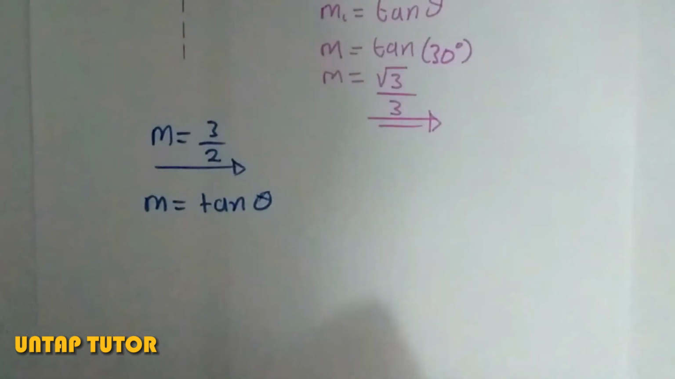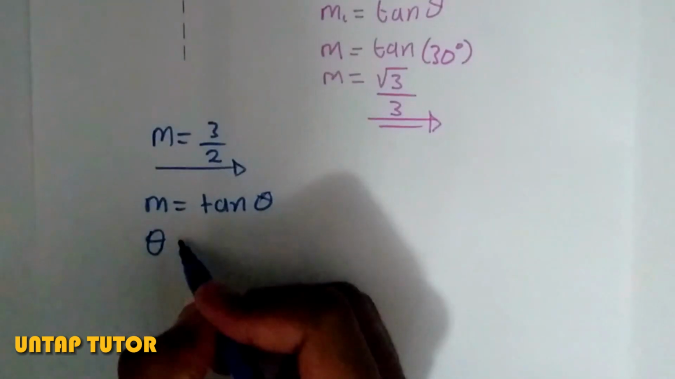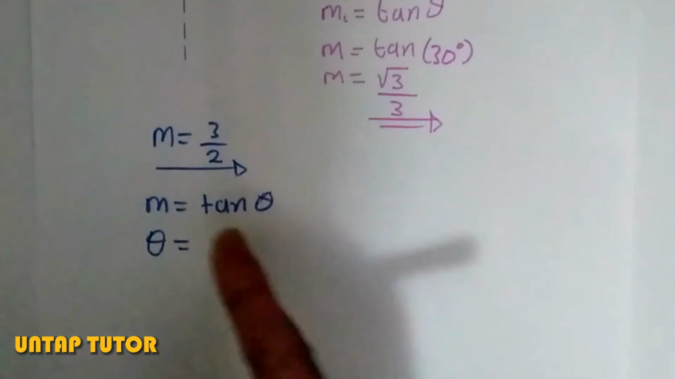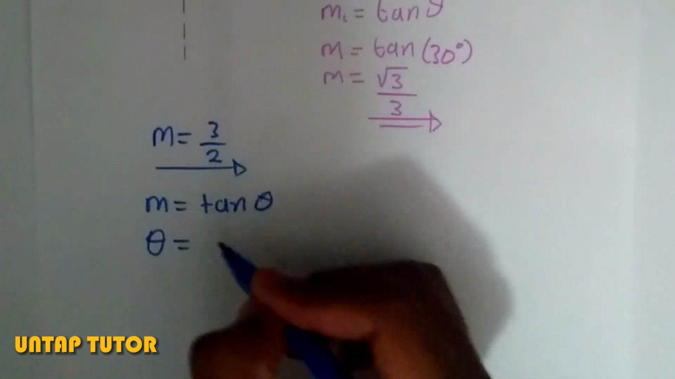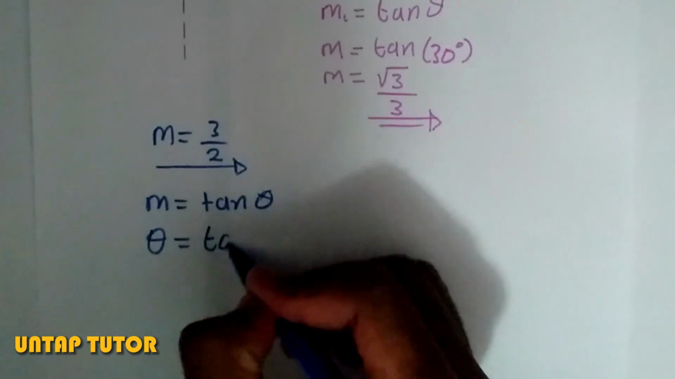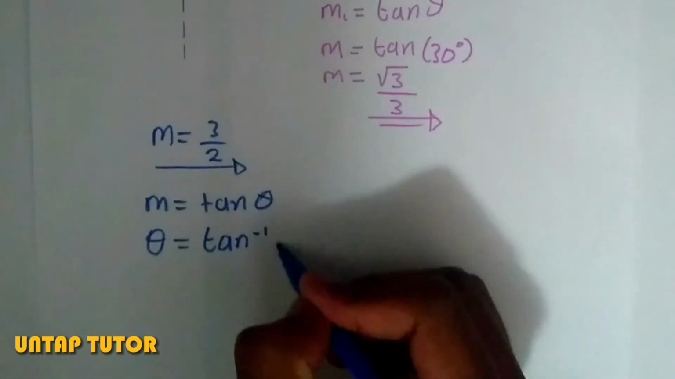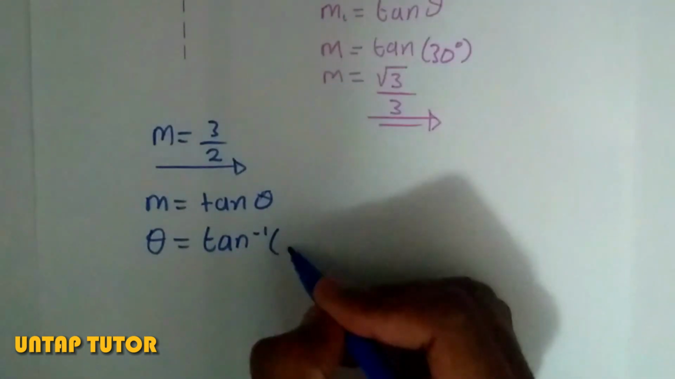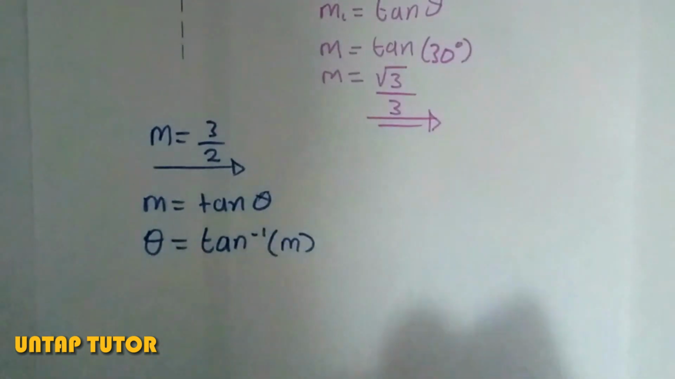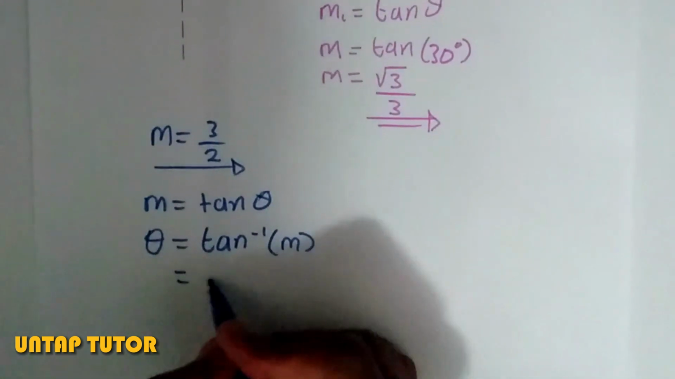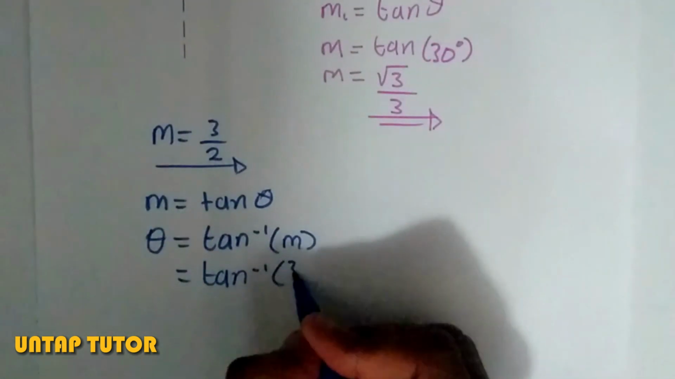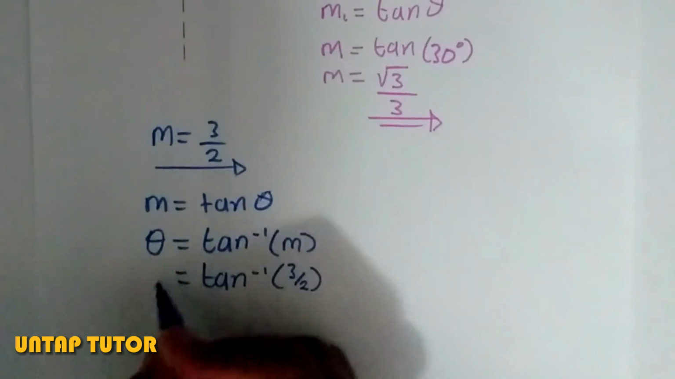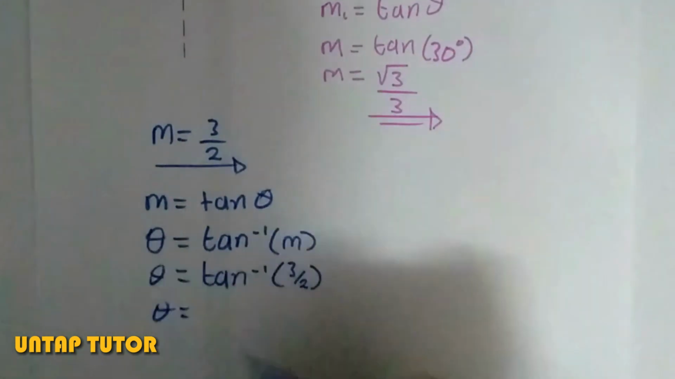So we need to solve for theta. Theta is going to be our subject of the formula. So on the other side, we need to take this tan to the other side. So if we transpose tan, it's going to become tan inverse, tan to the -1 of m, which is our gradient. And from here we can go ahead and substitute tan -1 into 3 over 2, which is equal to